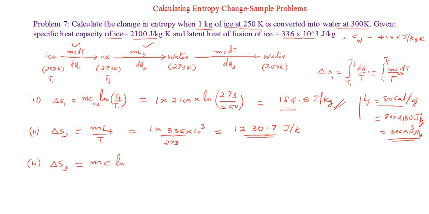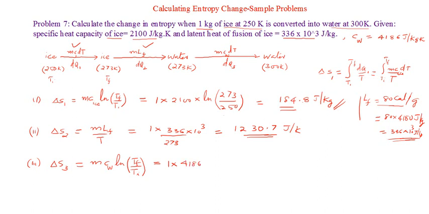So only two types of equations are used in all these cases: either mc log Tf by Ti, or mL divided by T, where L will be either Lf or Lv. That's all. Always remember it like this: T final by T initial. And which c has to be used? Now it is already water, so I have to use the specific capacity of water here, whereas in the first case it was the specific capacity of ice. So that is Cw. Be careful about that one. Do not substitute the other value here. How much is m? It's again 1 kilogram, as we suppose there is no mass change here. So Cw, you know what is Cw?